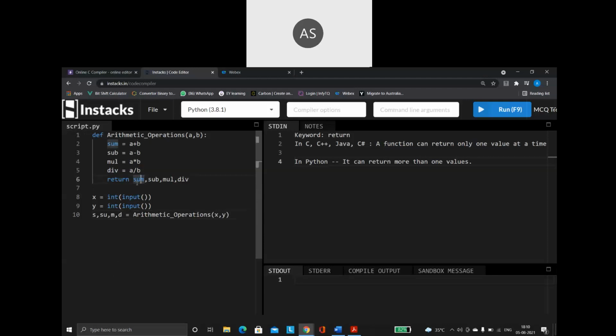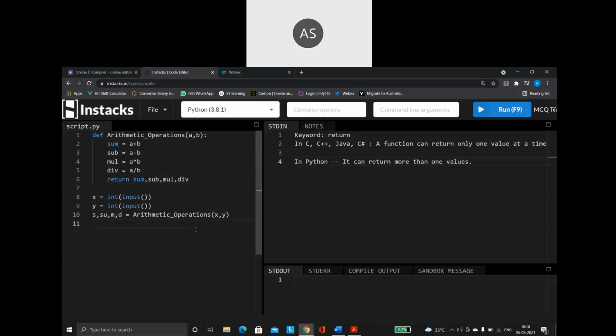The first value the function returns goes to the first variable, the second value goes to the second variable, the third value to the third variable, and the fourth value to the fourth variable. This is how the values get stored inside those variables.